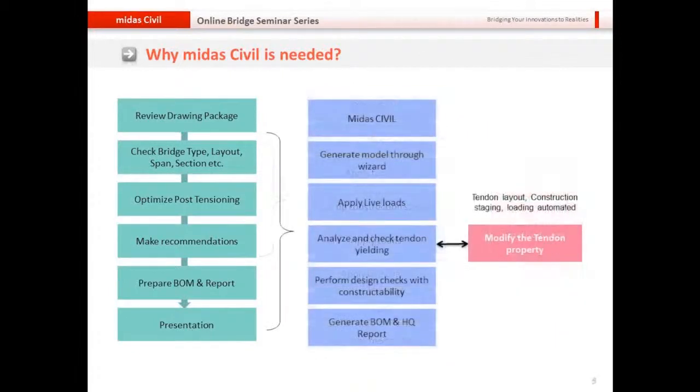So this is how MIDASoft kicks in. MIDASoft will provide you with tools that will walk you through the entire flowchart for your work requirement, hence making the process more efficient. So you can start by generating the model with a wizard, which will take care of your tendon layout, construction staging, and loading. All you need to do is apply the live loads and then perform the analysis and design check. While before performing the code design check, you need to first check whether